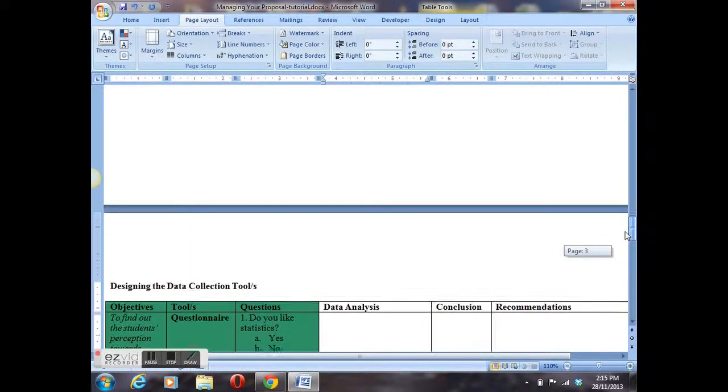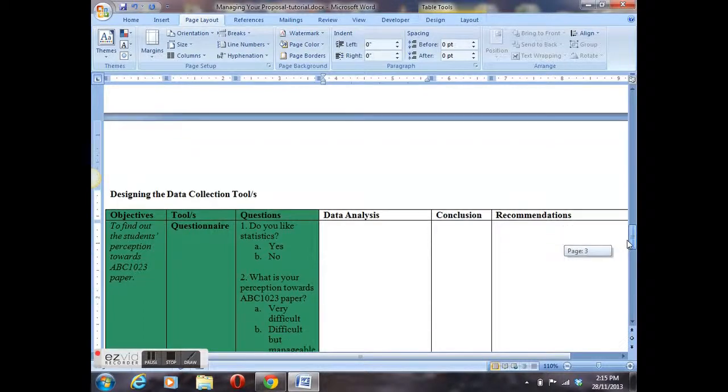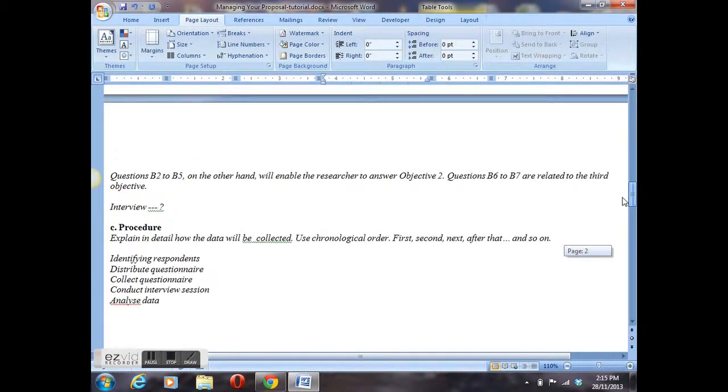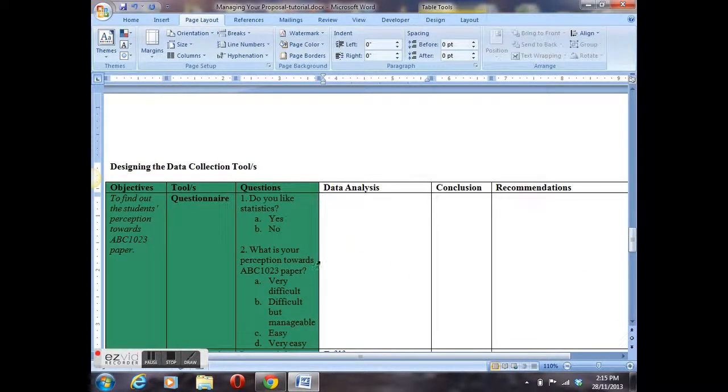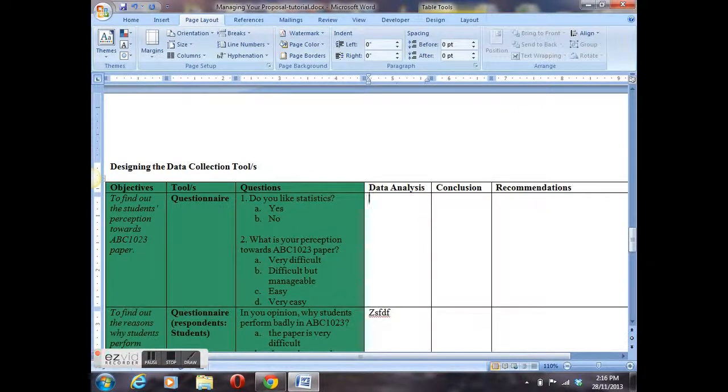document, in which when we prepared our proposal, we came up with this table. Remember this table? This table is actually to help us prepare our proposal and also to determine the tools and the methods of how we can collect our data. So assuming that we have already